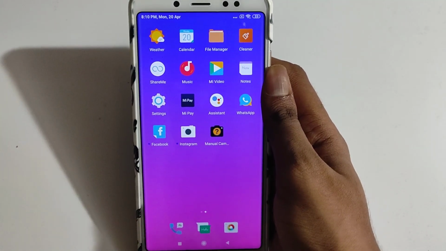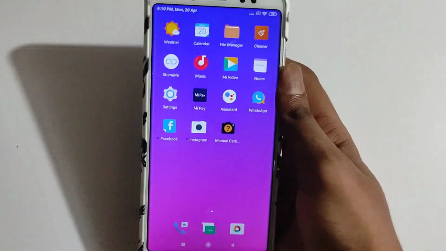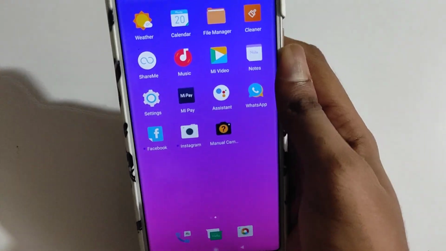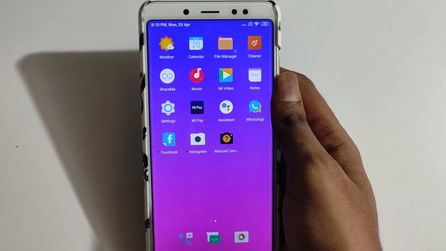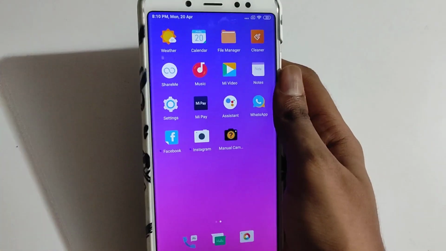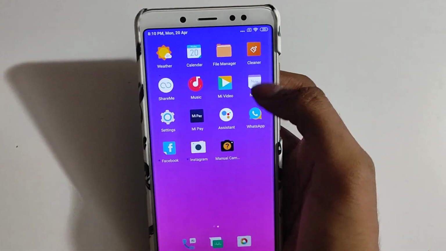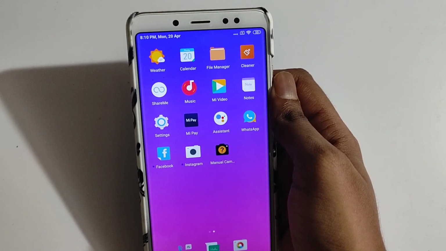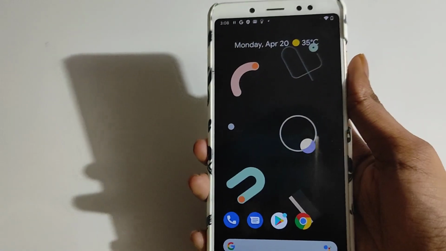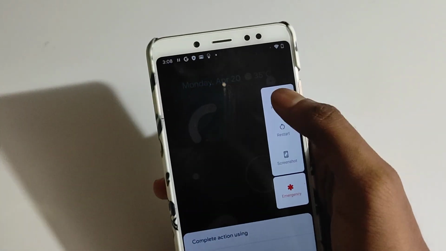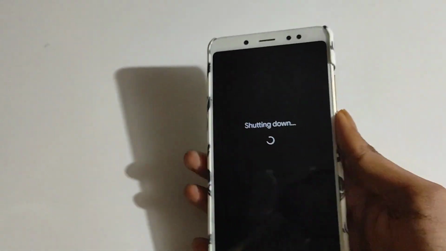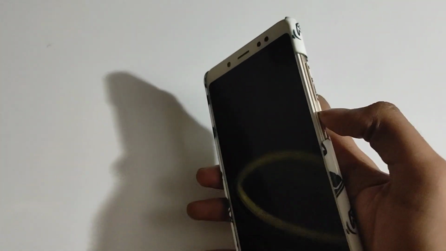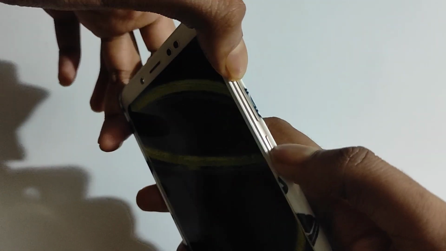So now I'm gonna show you guys how you can install on your smartphone. So make sure your smartphone does support this ROM. You can simply Google it. I will give link for download this ROM, especially it is based on the Redmi Note 5 Pro. So first thing you need to do is turn off your device, obviously, and hold the power button and the volume up button together.